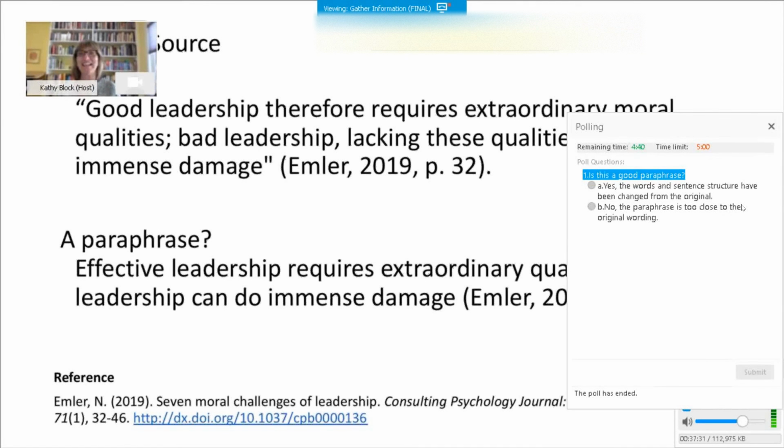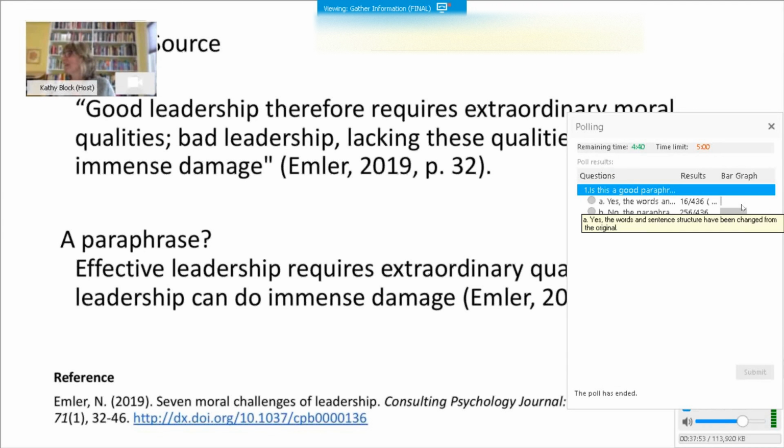We'll give it a few more seconds. We'll see what you said. Have the words been changed enough and the main idea retained? Okay, let's look at our poll results. So, the majority of you said no, the paraphrase is too close to the original wording. That is right. If we go back to the slide,